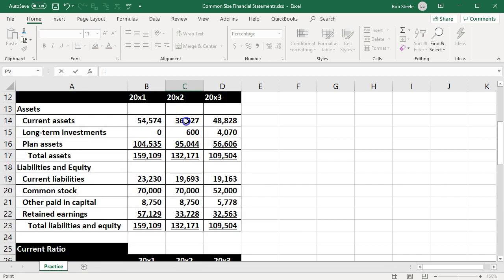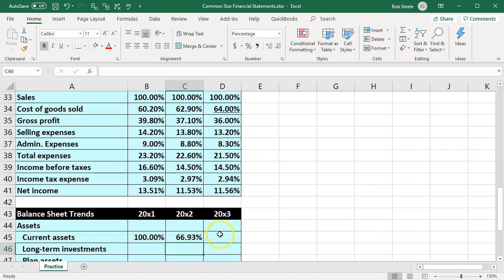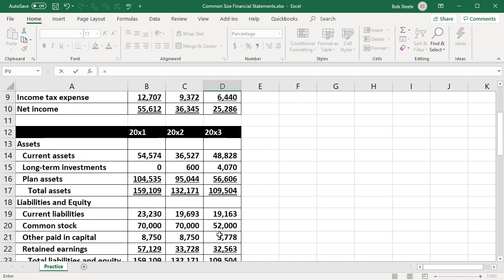And then in 2000x2, we're going to say equals, and we'll scroll back up. And we want to pick up the 36,527 divided by the 2000x1, the 54,574, and enter. So now we're comparing it back to the 2000x1. And then 2000x3 equals, and we're going to go back up top. We're going to pick up the 48,828 divided by 2000x1,